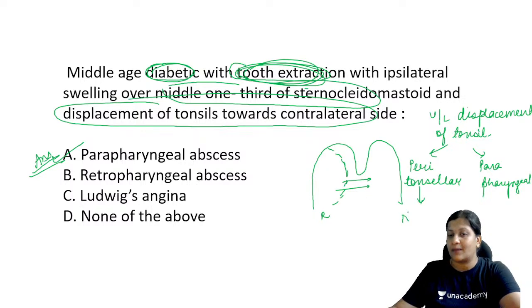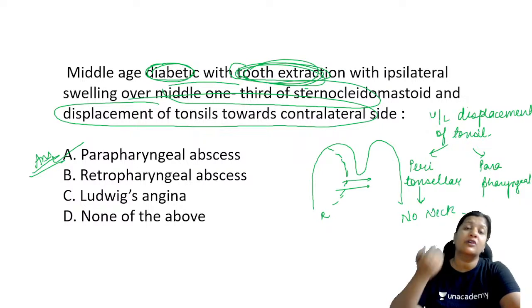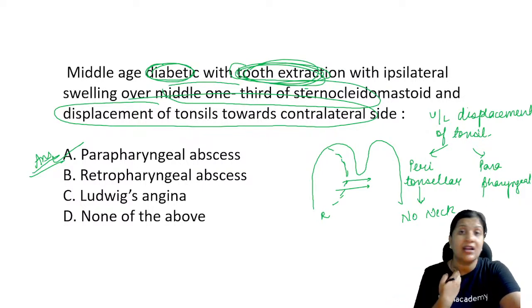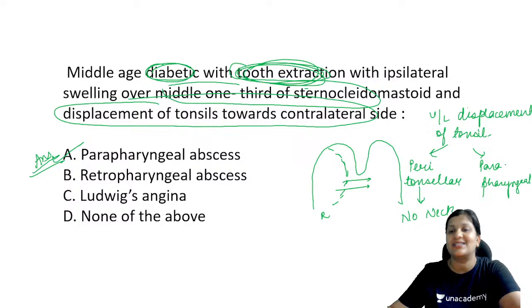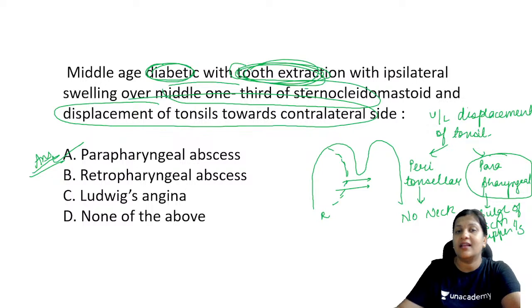In peritonsillar abscess, there is no neck swelling because the peritonsillar space doesn't extend into the neck. It is limited only to the tonsil. But the parapharyngeal space extends up to the greater cornua of the hyoid bone. So if there is any swelling in this abscess, it will present as a bulge in the upper third of the sternocleidomastoid. Here there is a bulge of the sternocleidomastoid and unilateral displacement of the tonsil, which is why the answer